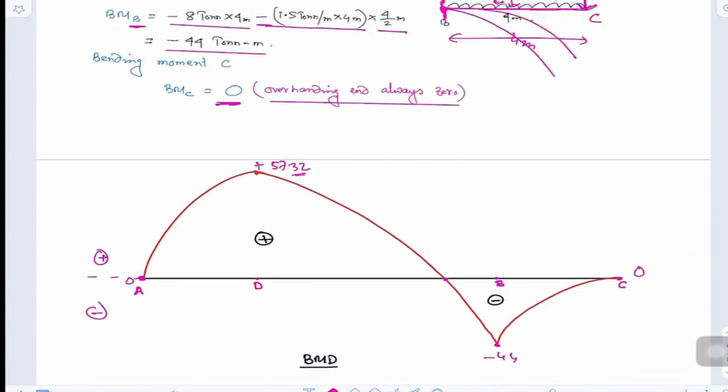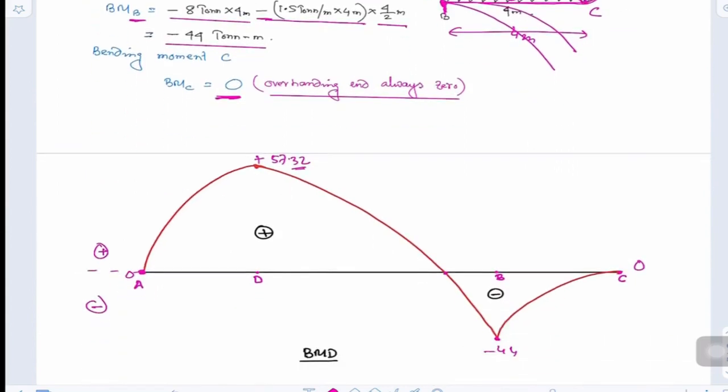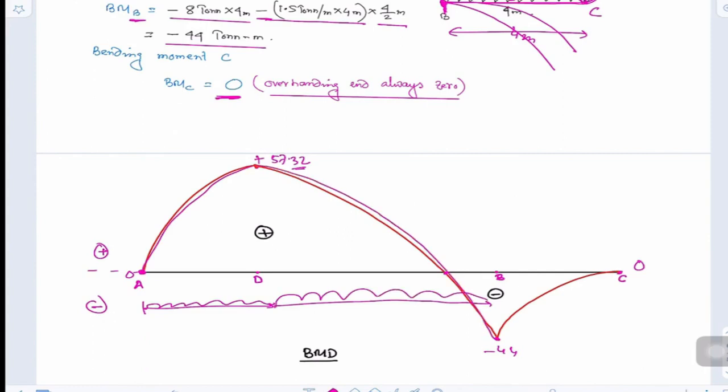Now, between A and D there was UDL. So because of UDL, the shape of the curve is becoming parabolic. You can follow the table which I have shown to you. This will be parabolic, because under the UDL, the shape of the bending moment diagram is a parabola. Now, similarly, between D and B also there is a UDL, so it will also be parabolic. Similarly, from B to C also there is a presence of UDL, so it will also be parabolic. So the final diagram,